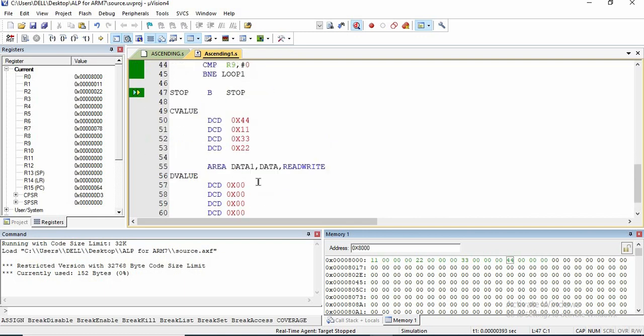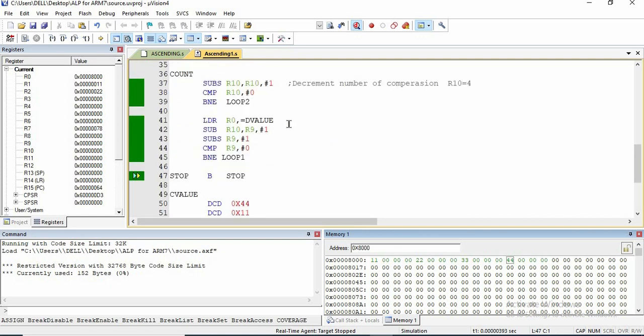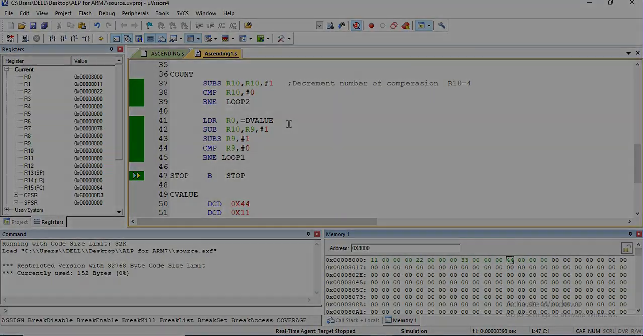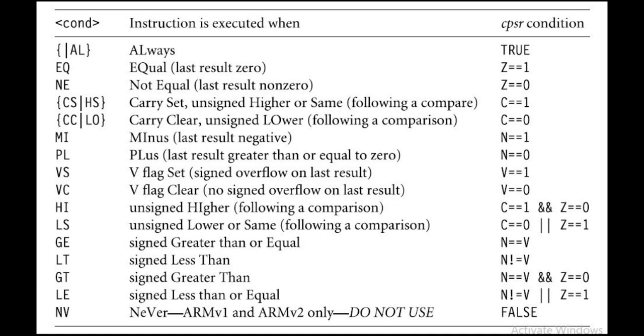So this was it. Let us now discuss some conditional execution or conditional branching. So we have EQ, that is equal to, which means Z is set to 1, and we have NE in which Z is set to 0, where clear indicates 0. We have used the LE over here, so you can see this is for signed. You can also use unsigned, and there are many. So we will slowly use these conditions in our program. You can read it once.